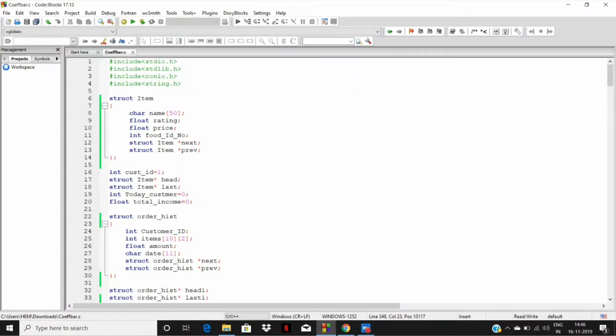Today we are going to present our data structure project, in which we implemented a cafeteria system for billing and updating items by the admin. We used a doubly linked list as the data structure because it is very suitable and efficient for this type of system. First, I am going to present our output so you can get an idea of what our program can do and what functions we included. So let's start.